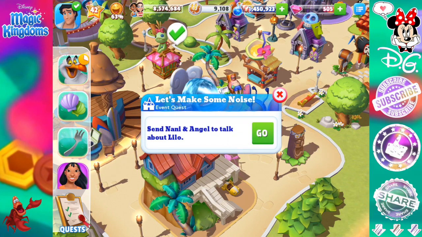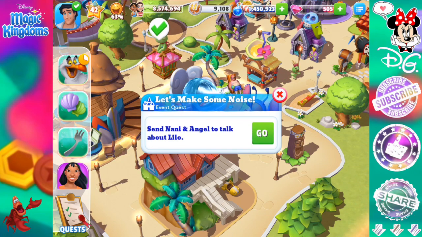Let's make some noise. Send Nani and Angel to talk about Lilo. So this is an event quest, guys, but it does not push along your Little Mermaid storyline. It just pushes along the